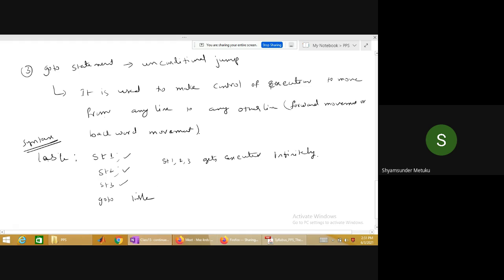So in that case, if I use the go to statement directly, I have no control over it. That's called unconditional jump. The syntax allows us to use the go to statement anywhere, provided there is a label created, and you write the label after the go to statement. This is the syntax.